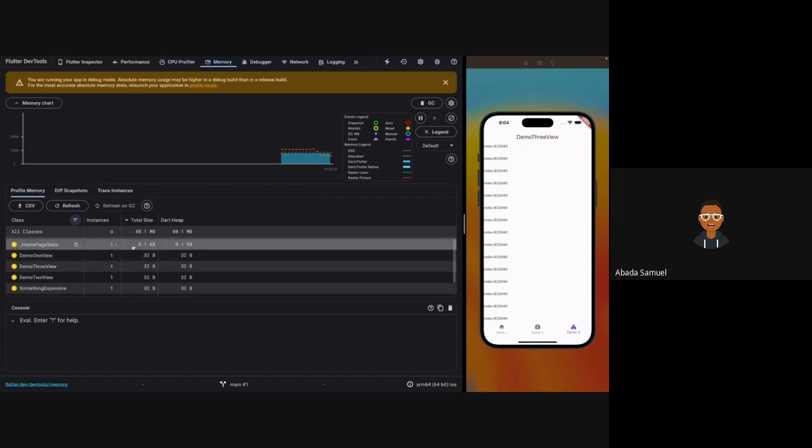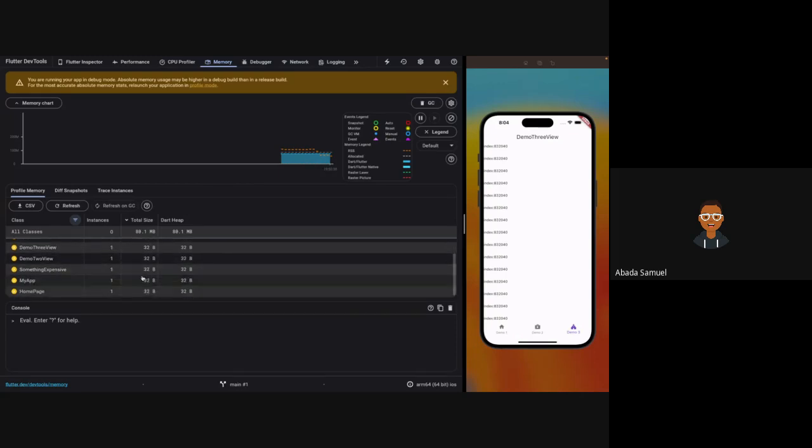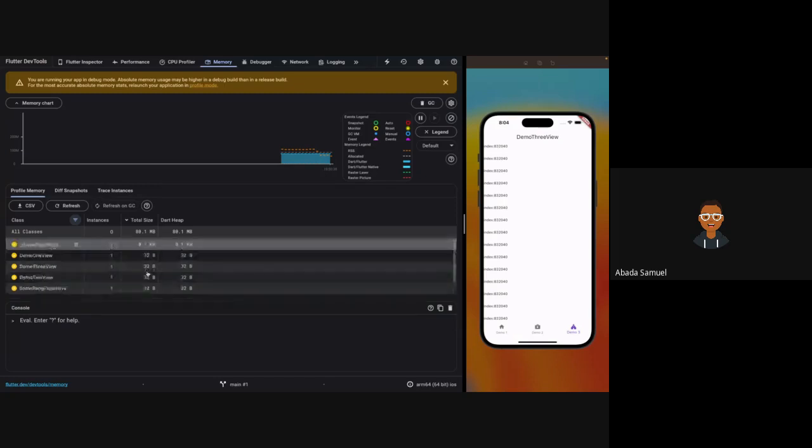The home page states consume 0.1 kilobytes. Demo 1, 32 bytes, demo 3, 32 bytes, demo 2, 32 bytes, something expensive, 32 bytes, my app, 32 bytes, and homepage. So this part is very useful to check what consumes the most memory in your application. Cases where we talk about using resources and not disposing them, and then they're there and keep eating into the device memory. This is a very good place